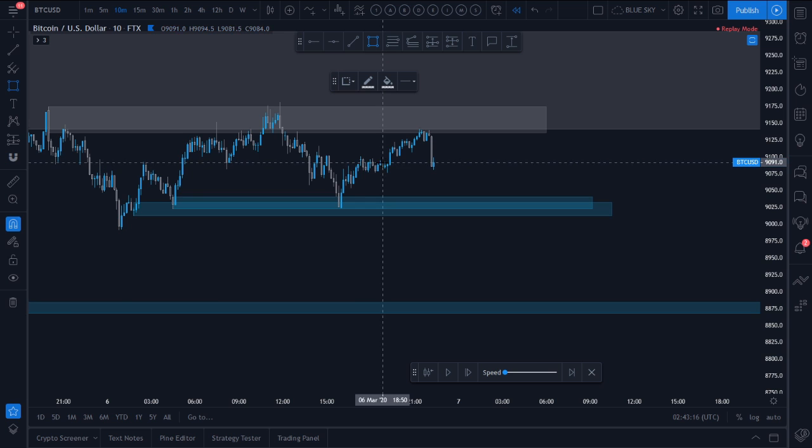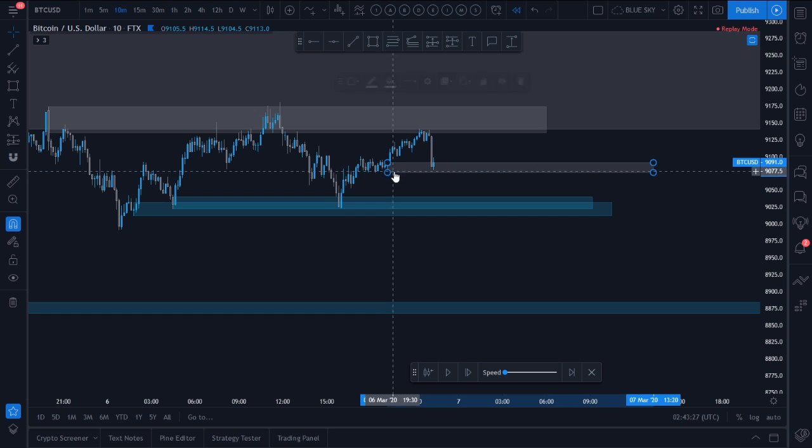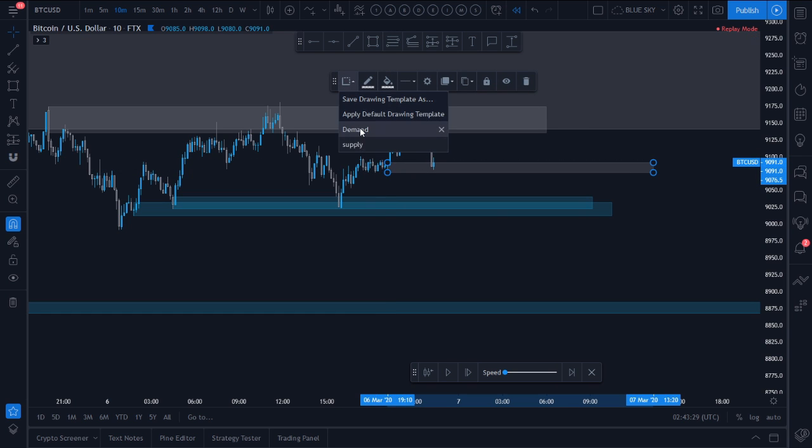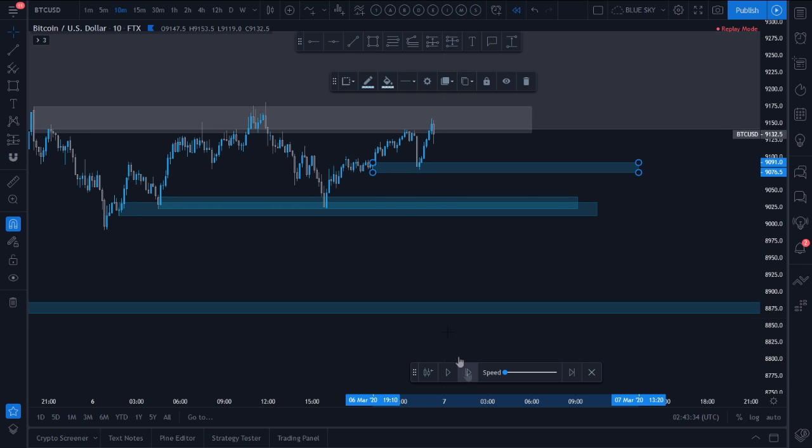But we have a demand zone here, sorry. Rally, base, rally, right? So this is an important zone to consider as demand. And as you see,